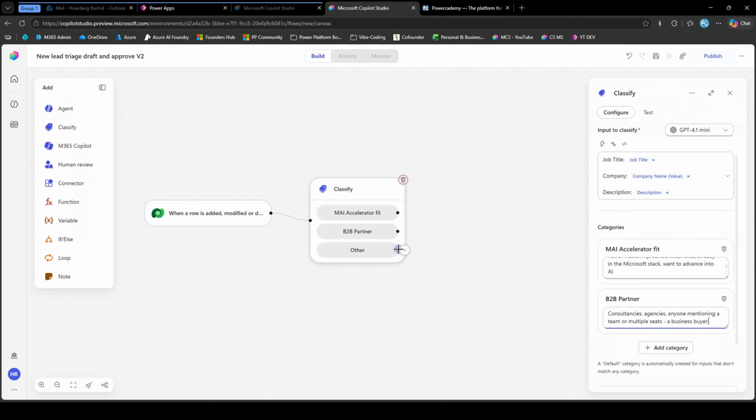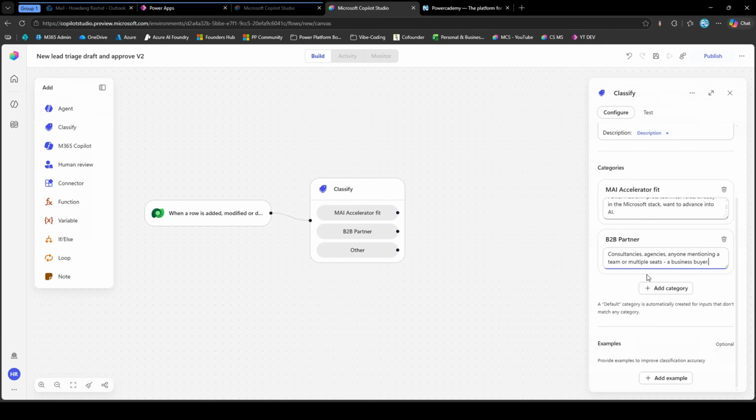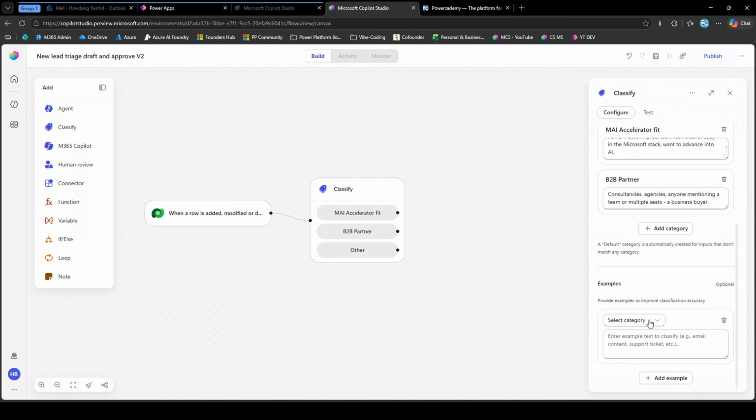We also have an other option available here, but we can ignore that for now. And we also have examples that we can add to improve the classification accuracy. So what is an example of someone landing in the My Accelerator bucket or someone landing in the B2B partner bucket? For example, if I do add example and then press My Accelerator fit, and then I have a description